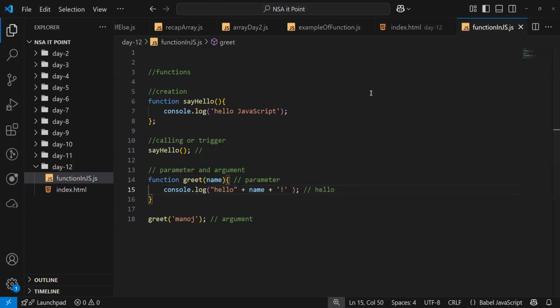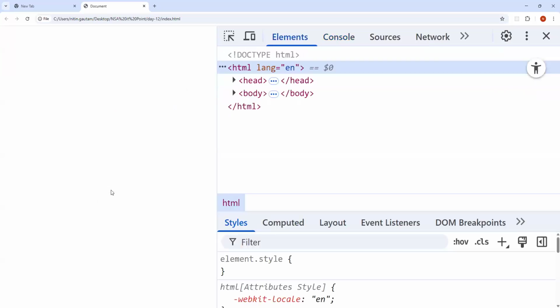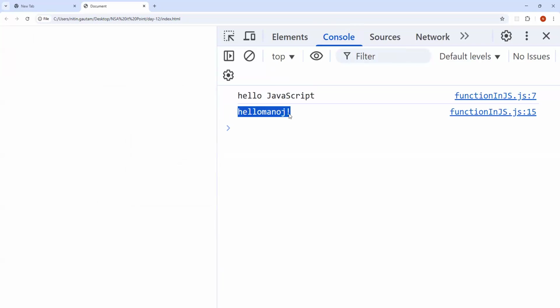Let me show you. Let's jump into our console, refresh and reload. Hello Manoj. I just need to add a space, or I should use the template literal.